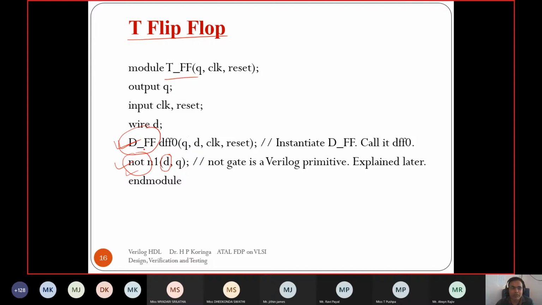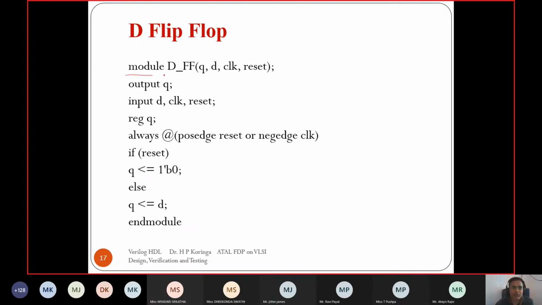Again, for the D flip-flop instance we have one D flip-flop module, and it is implemented using behavioral architecture language. It is a sequential block in digital design, so it depends on the clock. Whenever there is a positive edge of clock or a positive edge of reset, it checks if there is a reset, and if so it assigns Q the value 0. If it is not in reset and there is a positive edge of clock, it assigns whatever is in D to Q. It is very simple, and we can use that leaf cell module to construct the 4-bit ripple carry counter. This methodology is called the top-down design methodology.